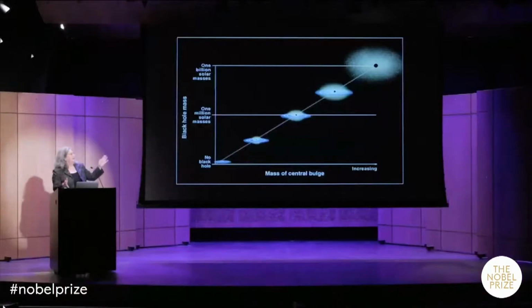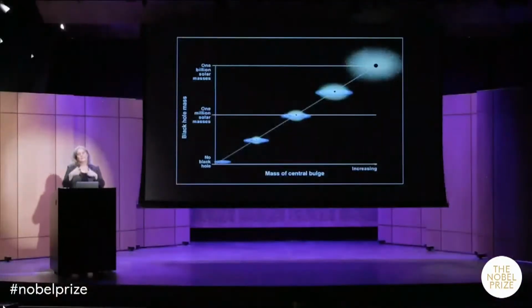But today, as more and more candidate supermassive black holes are emerging, we recognize that that's just the wrong framework. In fact, the mass of the black hole seems to correlate with the mass of the central part of the galaxy, called the bulge. And the scales of these two objects are so vastly different that we recognize today that whatever formed one had to result in the formation of the other, and that over time there has to be a feedback mechanism between the two.